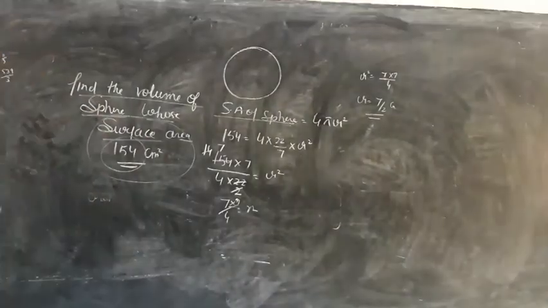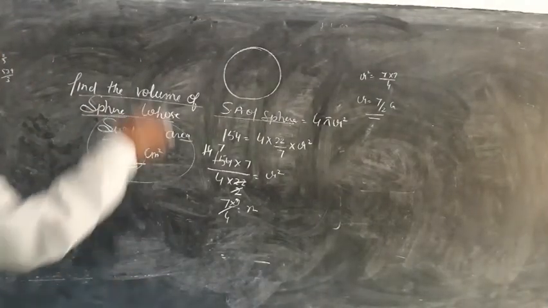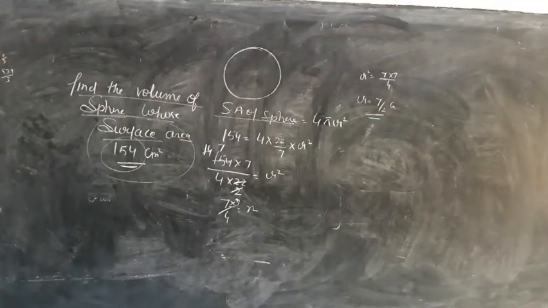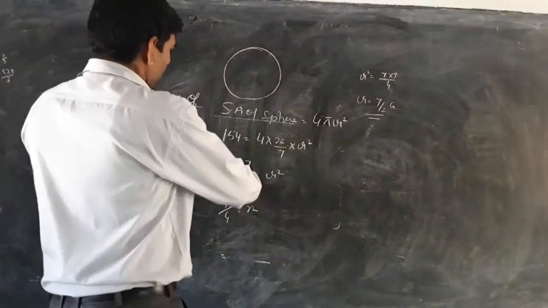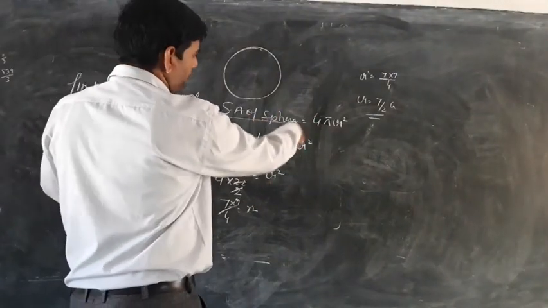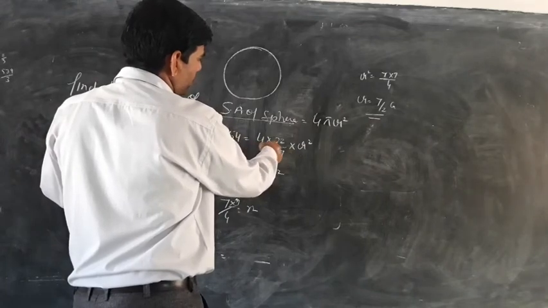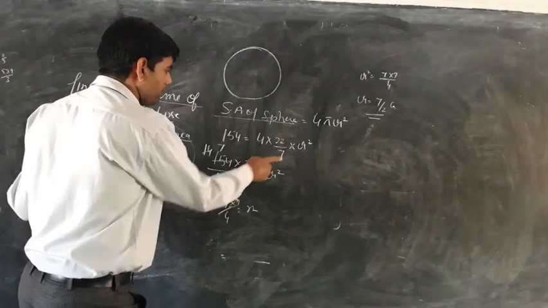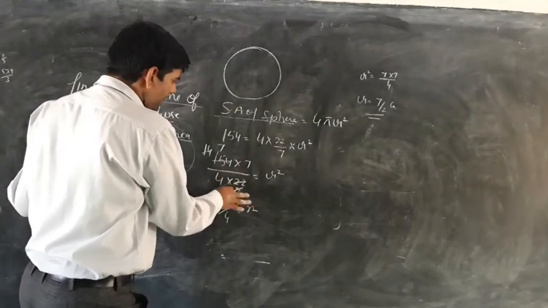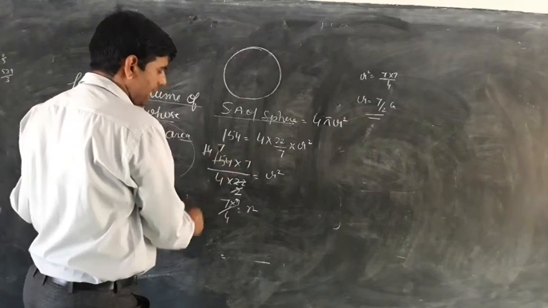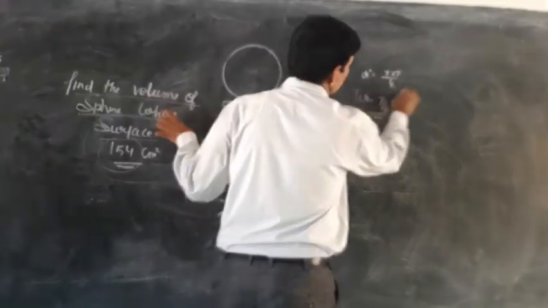First we find out the surface area of the sphere. We are given that the surface area of a sphere is 4 pi r square. The value of pi will be 22 upon 7, so 4 into 22 upon 7 into r square. 11 2s are 22, 11 1s are 14, and 2 7s, 7 upon 7, and 4 below. That is, the radius is 7 upon 2 centimeter.